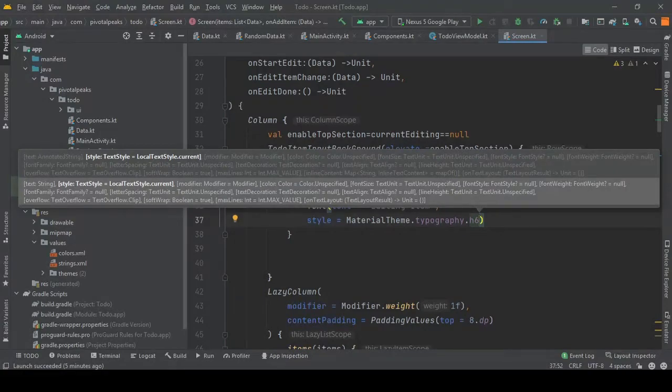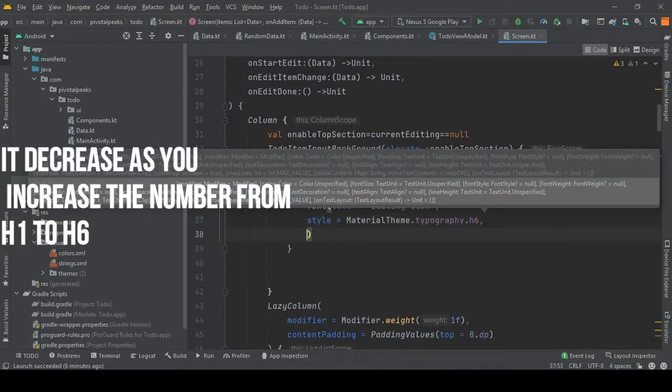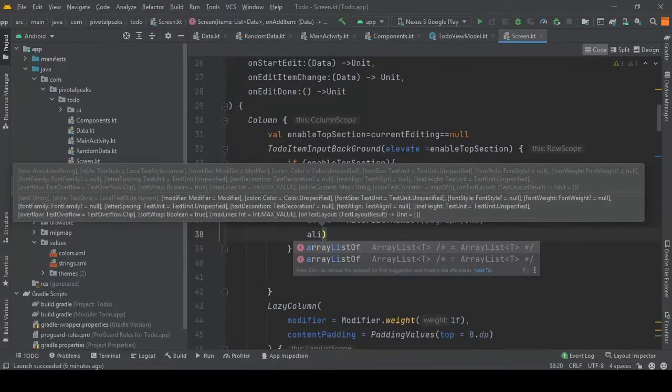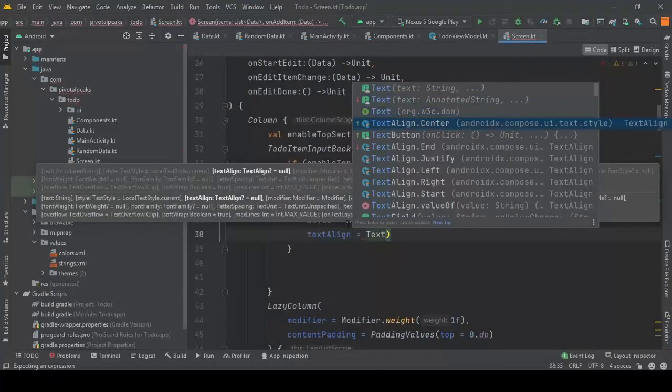It just increases or decreases the text size with the values. I think at h1 you get a small size, and it increases as you increase the number. Also let's align it to center. So text align, and we provide the text align dot center.